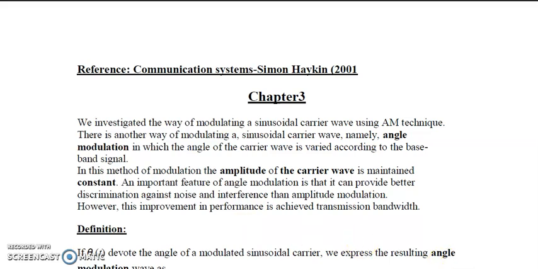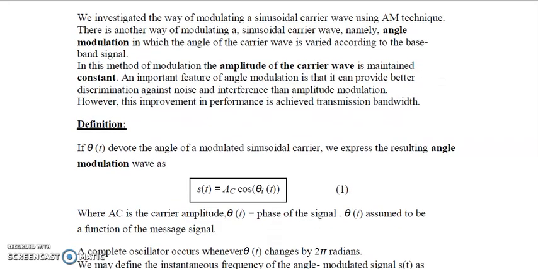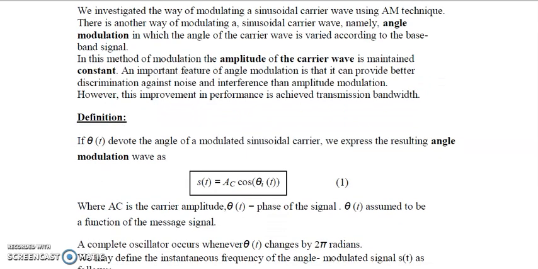Now you must know what is frequency. Already I have explained in the class, any voltage signal is explained by V is equal to Vm sin 2 pi ft. Vm is the amplitude of the signal and f is frequency and t is time, and jointly 2 pi ft is known as theta, that is angle. Here you are watching that there is a word angle modulation.